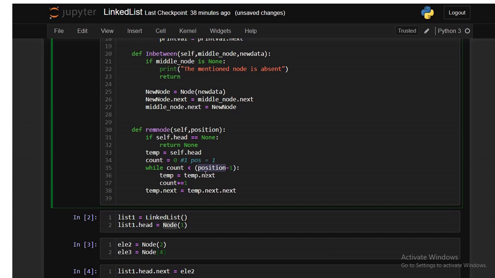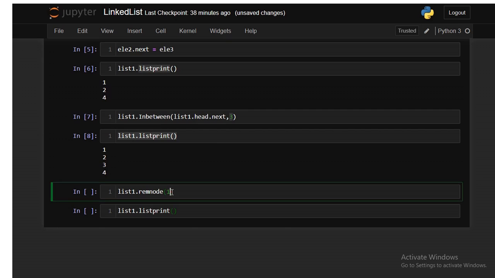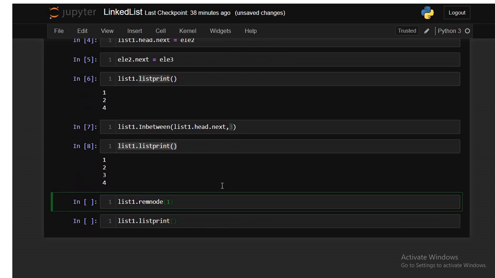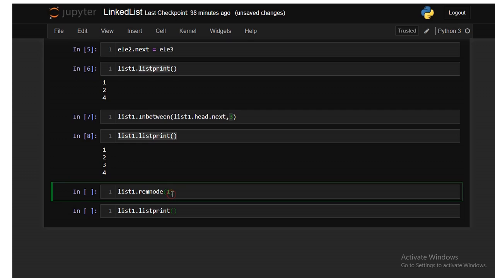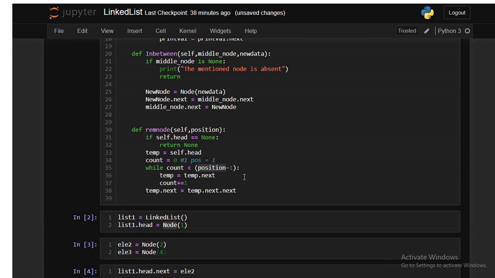Okay, actually the position was 2, I think. There's a minor mistake over here, no need to worry about it, we'll just rectify it. Initially the count was 0, position was 2, and 2 minus 1 is 1, right? Now count value is 1 and position minus 1 value is also 1.